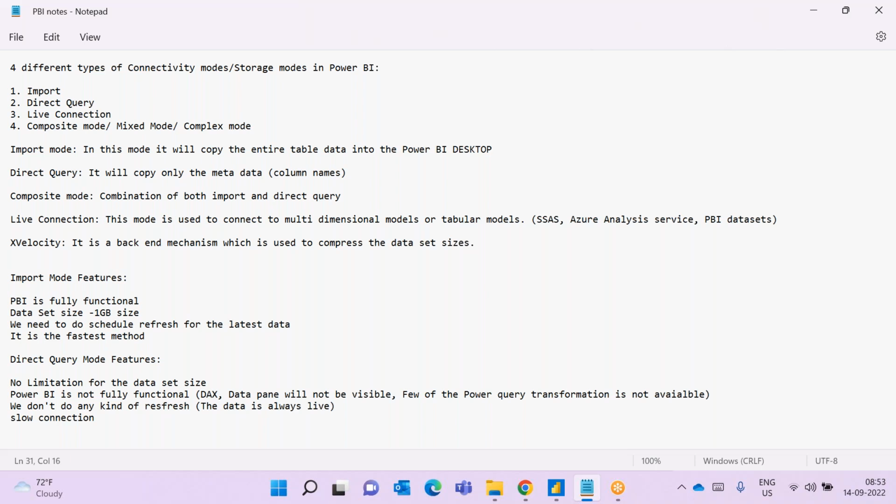It will go hit the database, it will load and then come back. But Power BI in import mode, what will happen? The data is already cached and stored in a file. So it will not go to the data source or hit the data source and come back. So the data is already ready-made, it is available. So that is why import mode is considered the fastest method